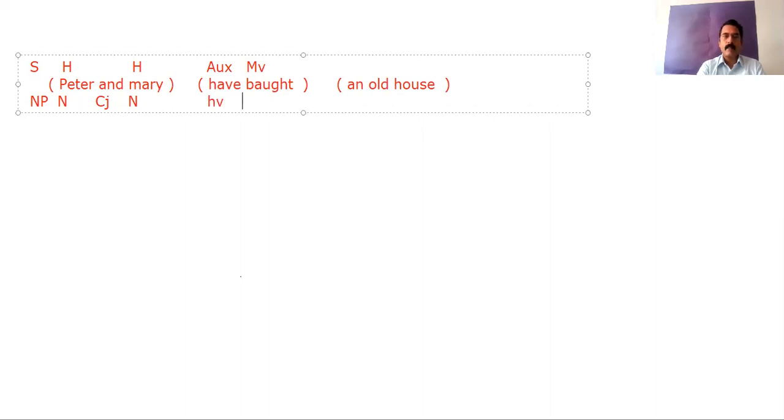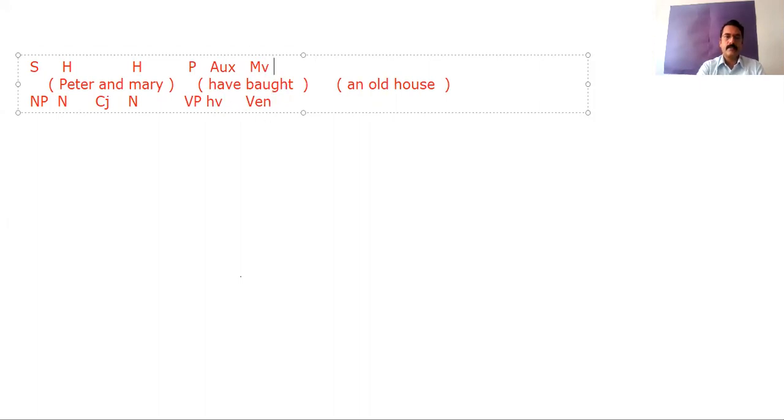HV, and bought is VEN because it is present perfect tense. In present perfect tense, we use the past participle form of verb, right? So this is verb phrase functioning as predicate, fine.